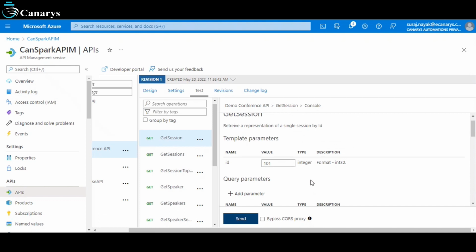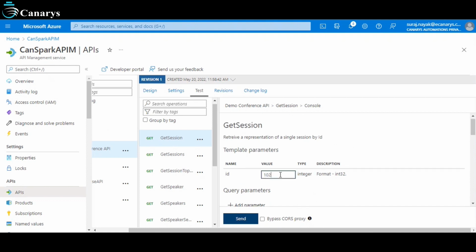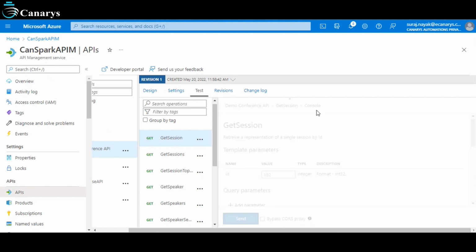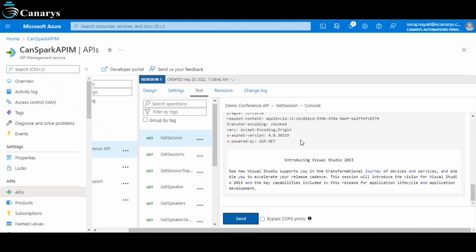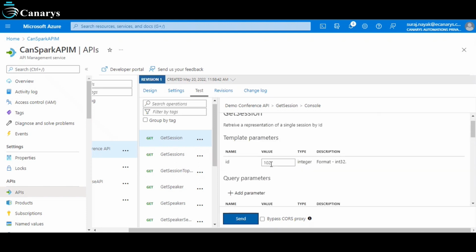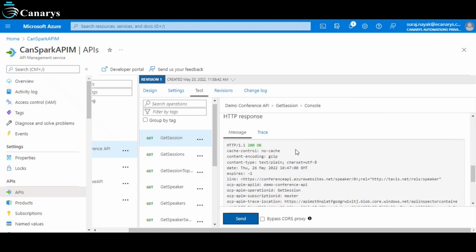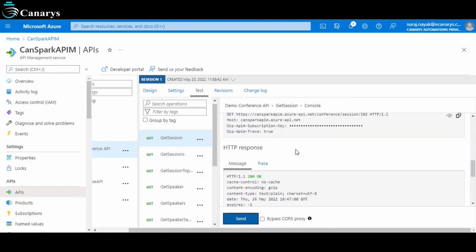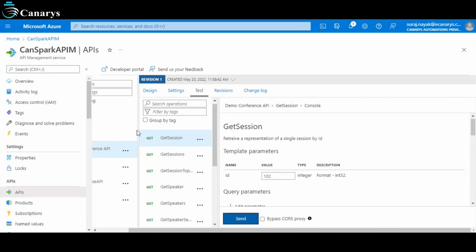This is just a dummy test API made for API management testing purposes. As you can see, if you send this request 100 times, you get the same response as expected, because that's the session with that particular ID. So, so that people don't keep making new requests and overload your backend,